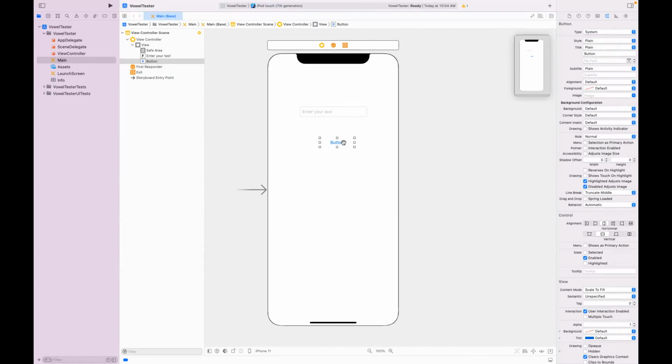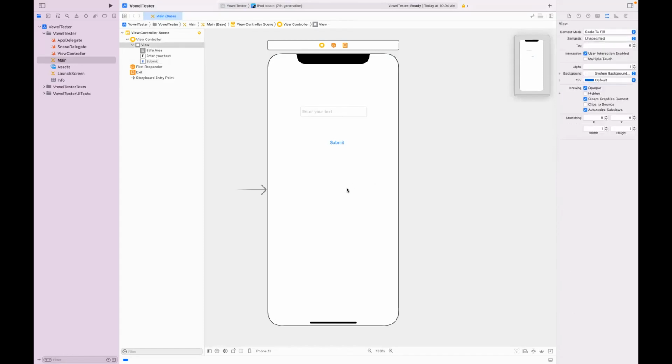For that, we have to go to our attributes inspector once again, okay? And here you notice the title is plain and the text is button, right? So instead of button, what you're going to do is type submit, okay? So we are done with two components and we have to do the last component, which is nothing but our label,